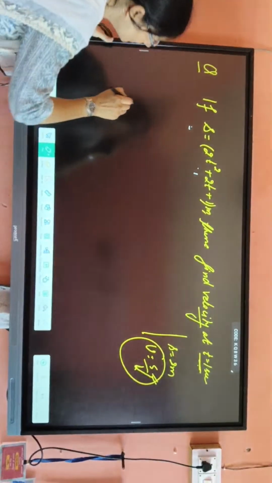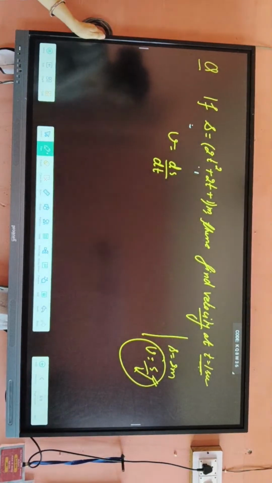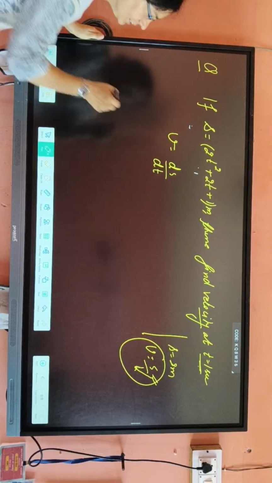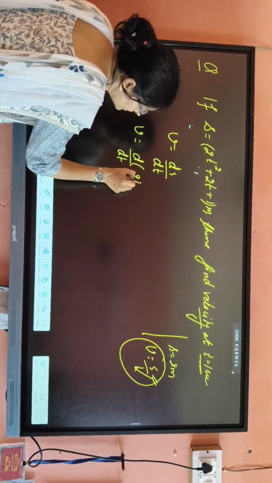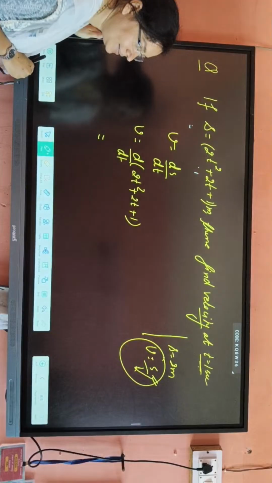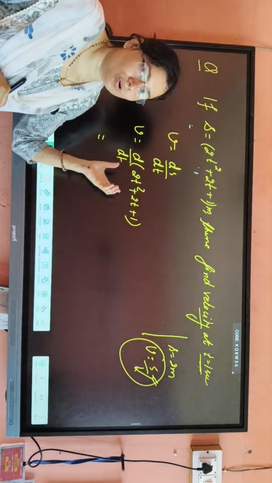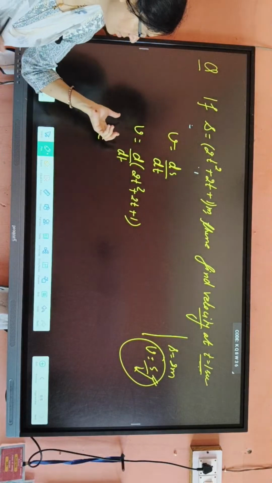It will be wrong because here s is not a constant value. s is here a variable equation. That's why I solve this one variable equation. Then we will use v equal to ds by dt. So velocity we can write as d by dt of s, and s we can write as 2t square plus 2t plus 1. So beta, if you don't know differentiation, try to solve differentiation questions at your homes, because this